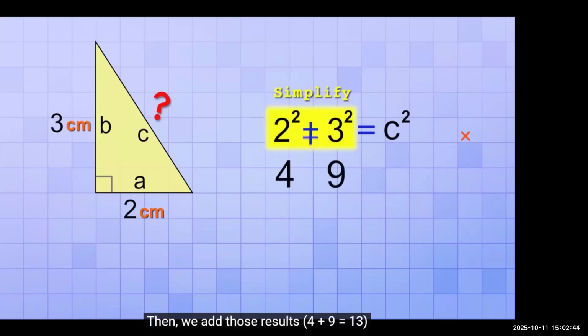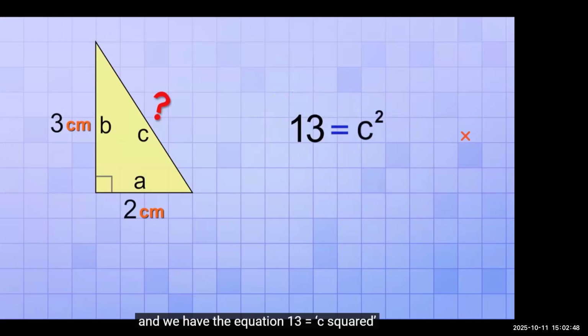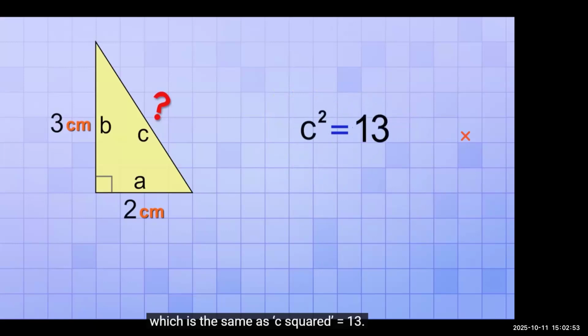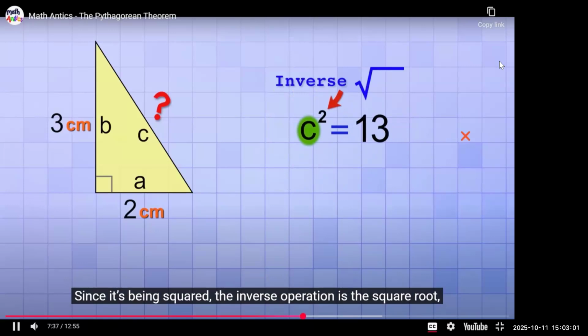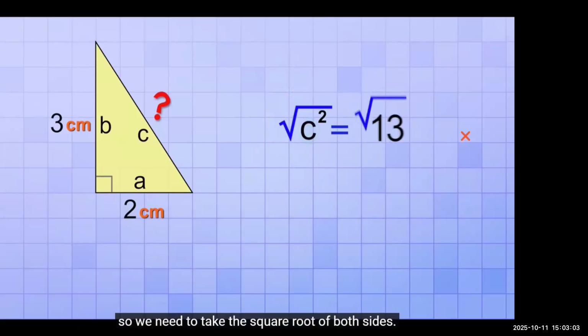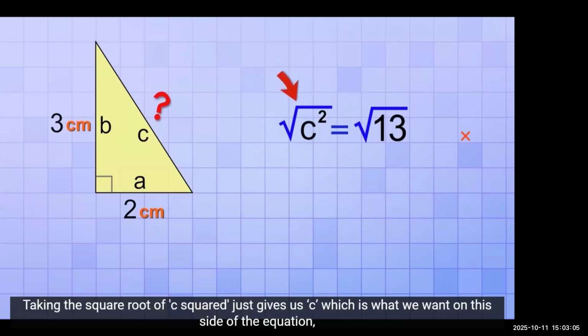Then we add those results, 4 plus 9 equals 13. And we have the equation 13 equals c squared, which is the same as c squared equals 13. Then, to get c all by itself, we need to do the inverse of what's being done to it. Since it's being squared, the inverse operation is the square root, so we need to take the square root of both sides. Taking the square root of c squared just gives us c, which is what we want on this